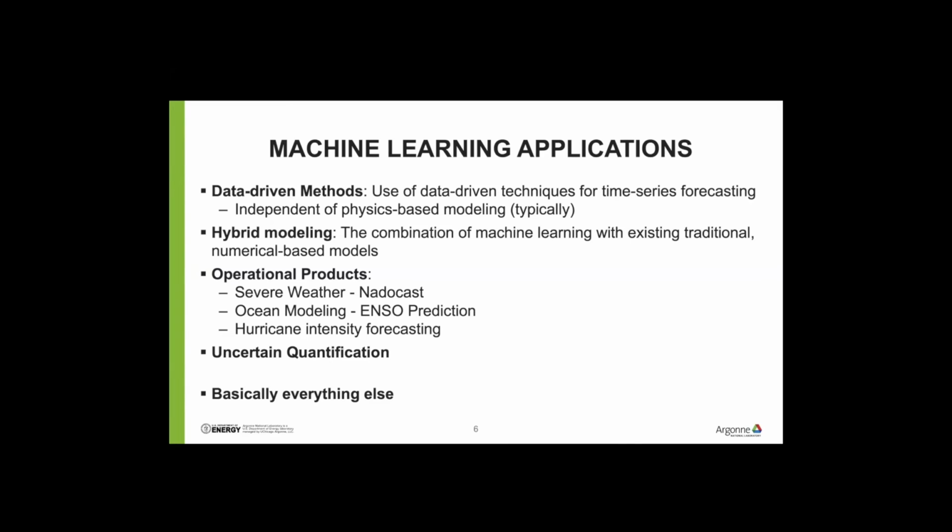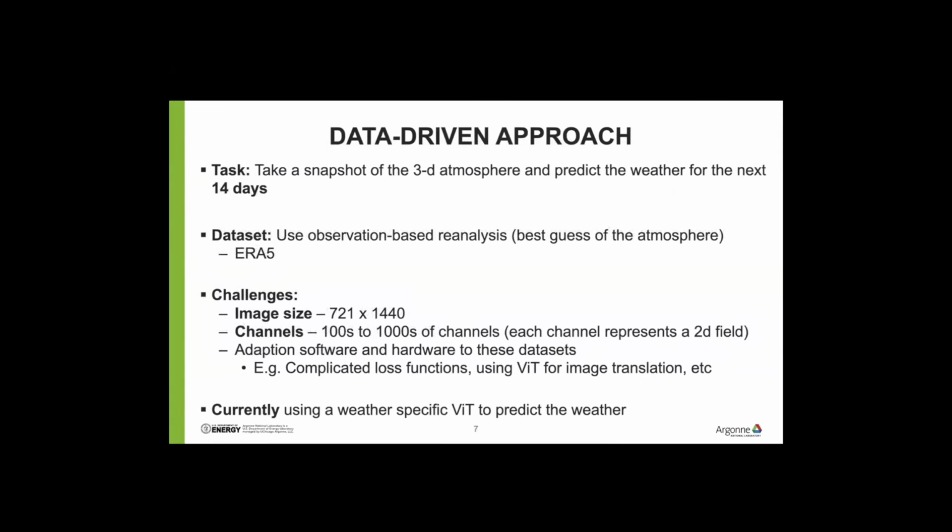As I mentioned, we're looking at severe weather today in Chicago. These operational products, such as NATOcast, are being used by decision makers as we speak to predict whether or not there should be tornado watches and warnings for the Chicago area. So machine learning has really penetrated the atmospheric science community greatly over the last few years. And basically anything that you can think of in atmospheric science has been, or at least is being, investigated to be used with machine learning. I'll just talk a little bit, in the last half of this talk, on